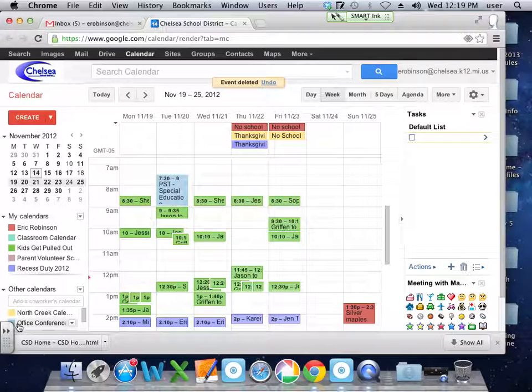Okay? So that's basically how Google Calendar works. When you play with it just a little bit, you will get it. It automatically syncs with your iPad's calendar. So when you open your calendar in your iPad, it will sync up with this and show all of your different events. The last thing I really love about Google Calendar is when you go to your website,